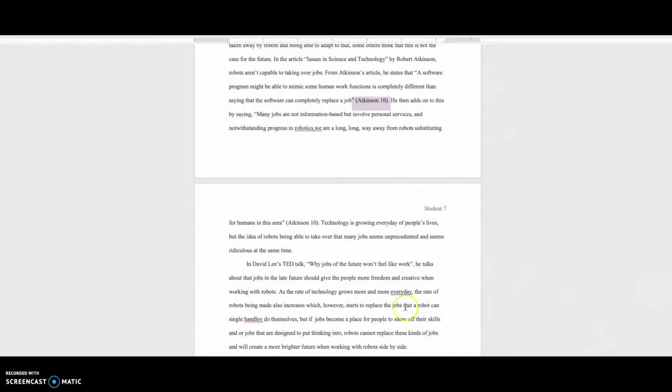And there you go. Now, just so you know, for the conclusion, you're wrapping up your analysis of the argument that you looked at. You're not wrapping up the topic. You're not wrapping up with the future of robots. You're wrapping up with claims and evidence, rhetorical appeals, and so on.